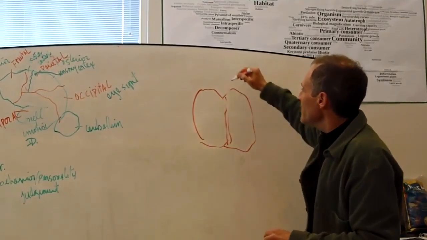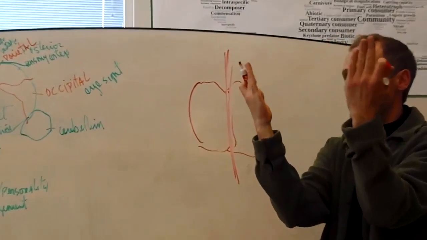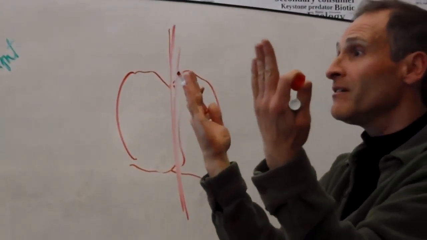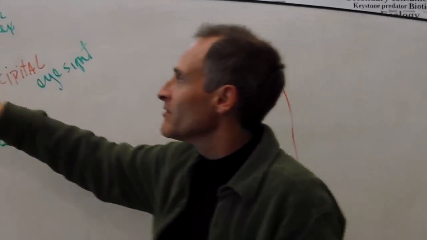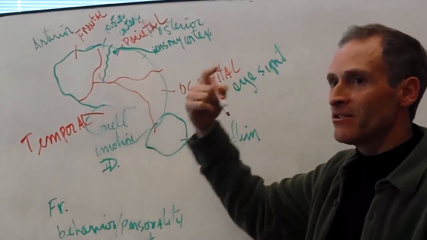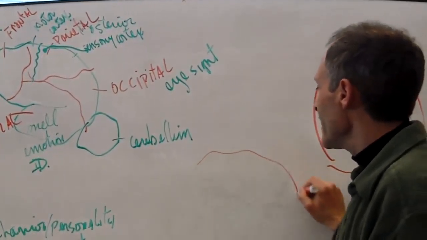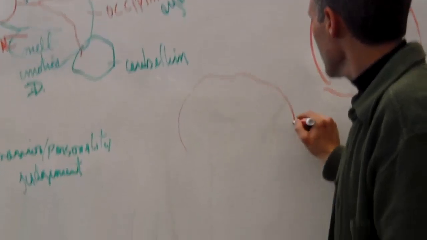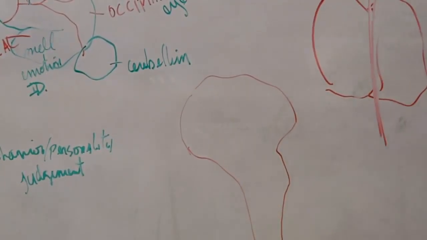And let's say you were to make a cut right down the middle and separate the brains out. So it would be a medial sagittal cut, right? And we're still looking at it from the side, the lateral view, from the temporal side. Inside, that's a very bad drawing,